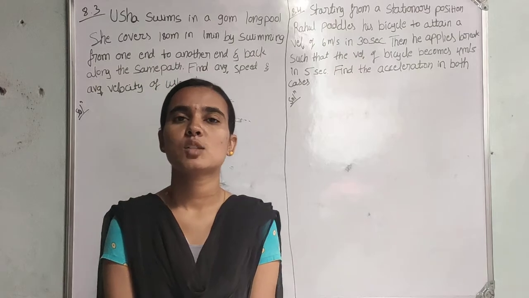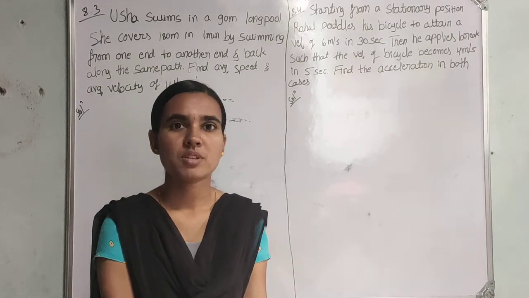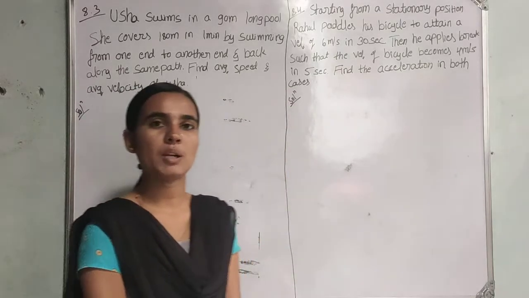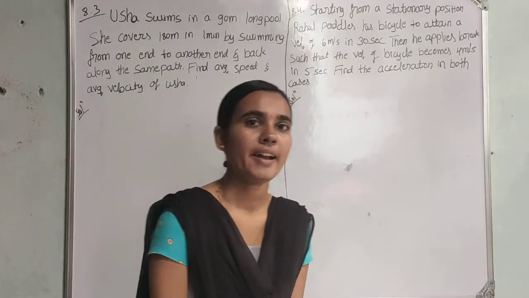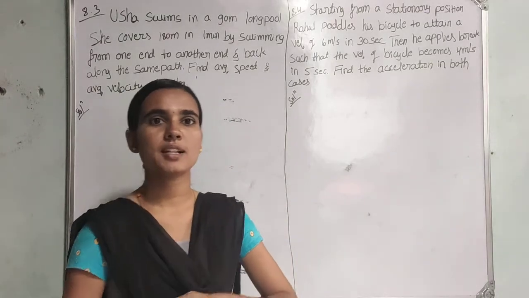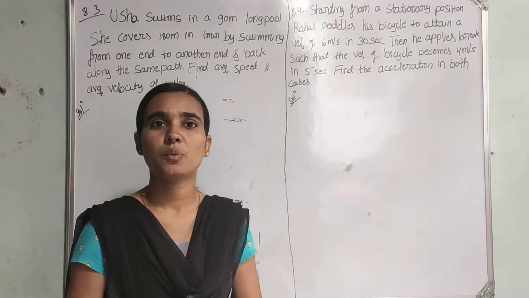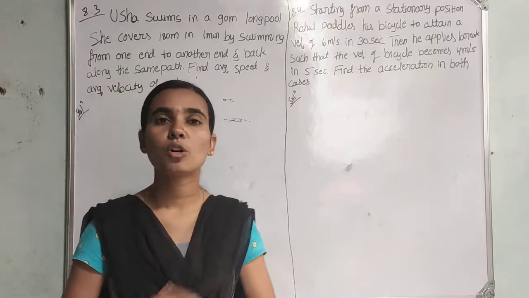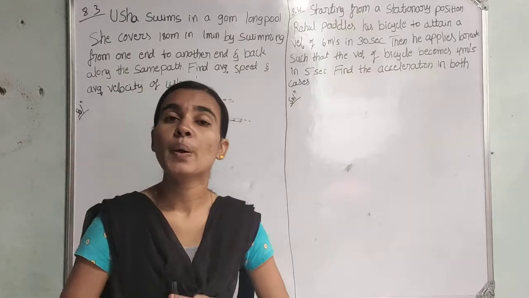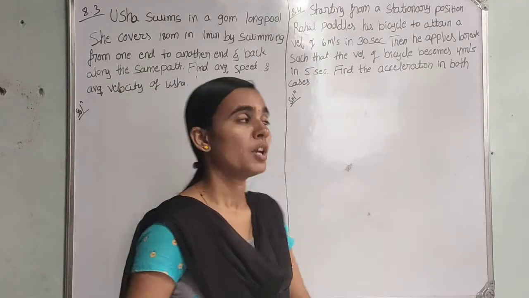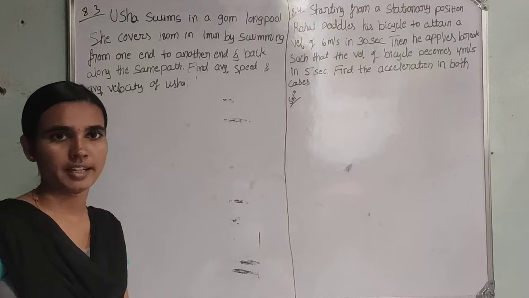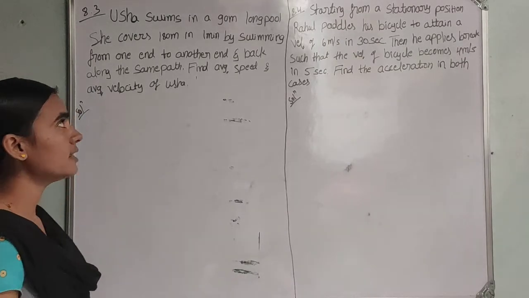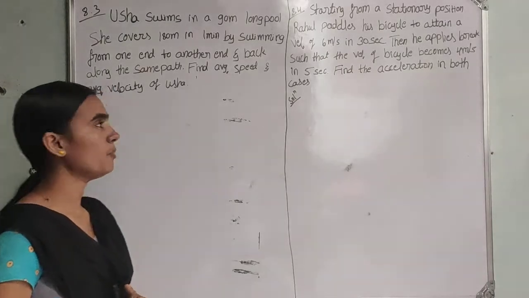Dear students, in the last class we were discussing the problems related to speed. In this class we continue with problems related to velocity and acceleration. We already know velocity and acceleration with their definitions, formulas and SI units. With the help of the formulas for speed, velocity and acceleration, we have to solve the problems. Problems 8.1, 8.2 and 8.3 we already discussed in the last video. In this class we discuss problems 8.3 and 8.4.